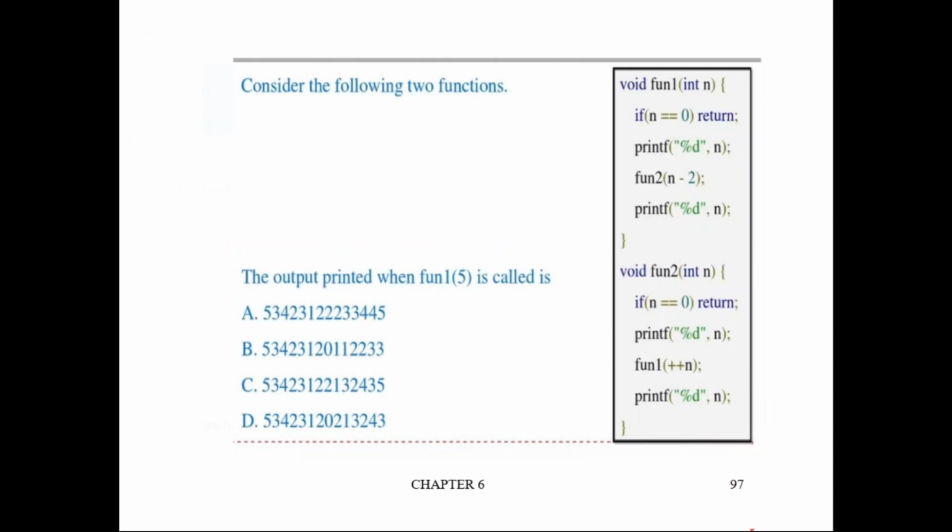So these are the functions. Here this function is called with 5. Right. So 5 comes here. So n is 5. We check whether n is equal to 0. No. So it prints n as it is. So 5 will be displayed. Okay, fine. Now after that there is a function call.